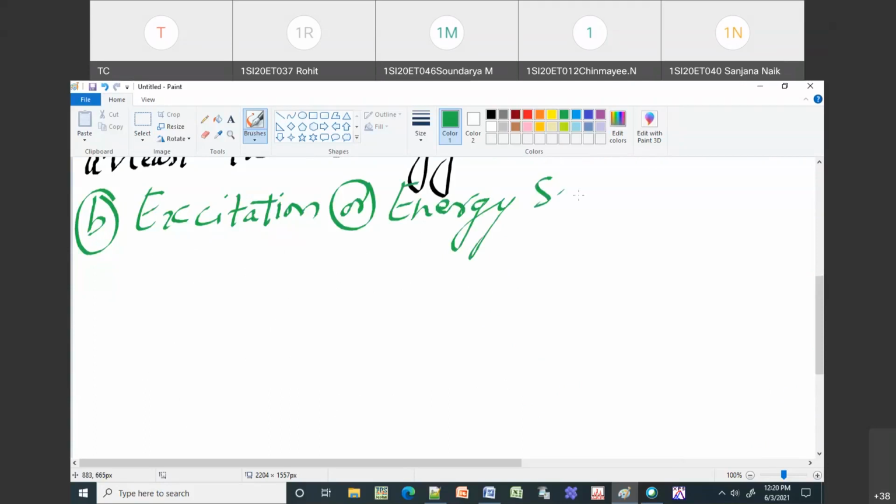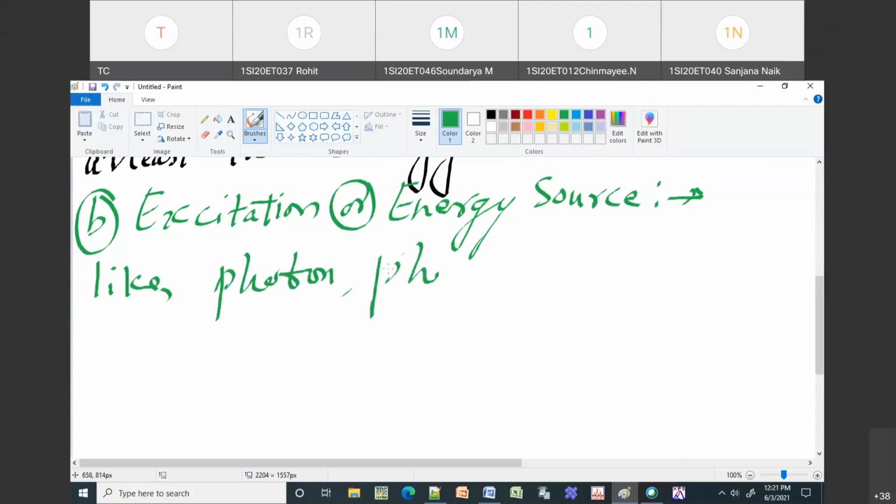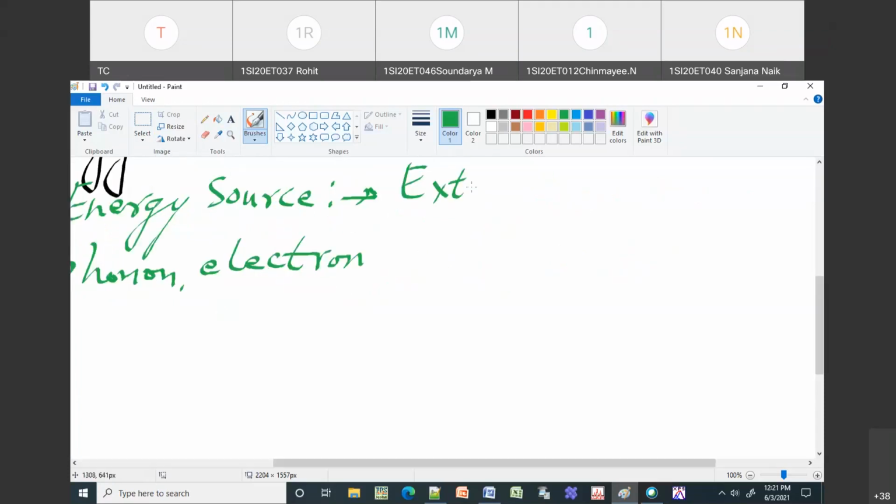So what is this? It can be any energy source, like your phonon or electron. So these can be in any of these. Okay, so this is your external energy that is provided to the system, given to the system,